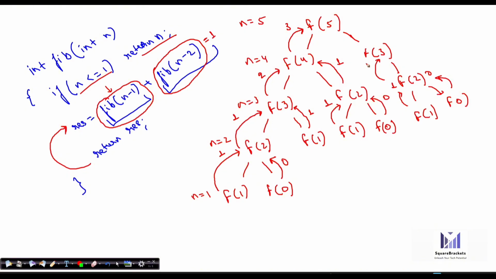So it will return 1 back to this. f3 will open the right branch for f1. f1 will return 1. Then 1 plus 1 is 2. So f3 will return 2. And finally 3 plus 2 is 5. This is what you will get in the output. So 5 is the output for n is equal to 5. So you can see 0, 1, 1, 2, 3, 5, at positions 0, 1, 2, 3, 4, 5. So this is the element that we were expecting. So 5 is the output we have.